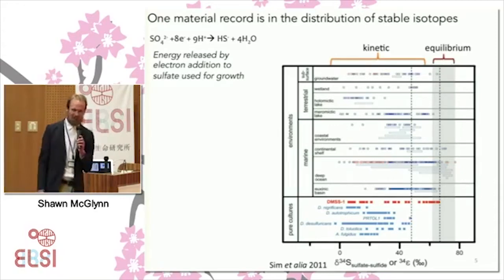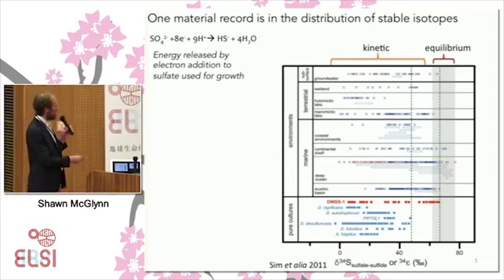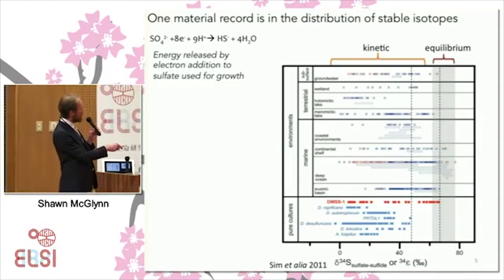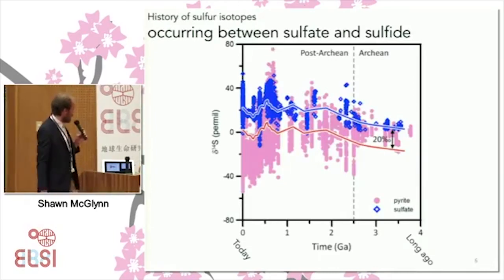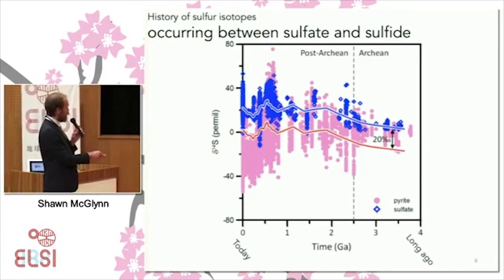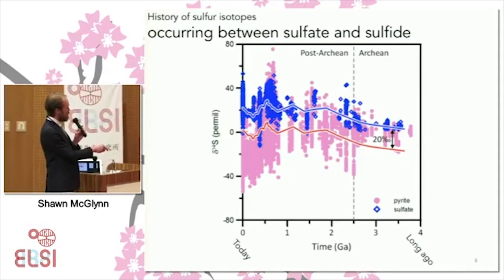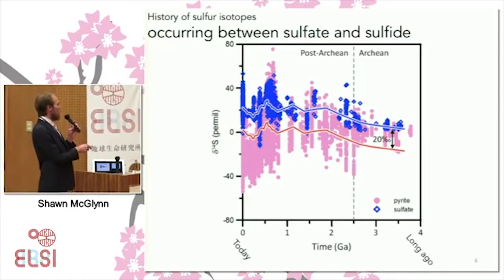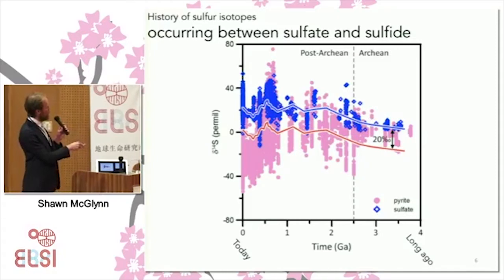And it still remains an issue to define exactly which parameters are affecting the kinetic isotope fractionation values that life, the result of biology, and why and to which magnitude these isotopes are deviating away from the equilibrium. If we spread those data along an axis of time, with long ago here and today here, and we look at sulfide isotopes compared to sulfate isotopes, sulfide in the form of pyrite that's preserved, we can see that in modern day environments there's a huge spread of sulfate-sulfide isotope fractionation.